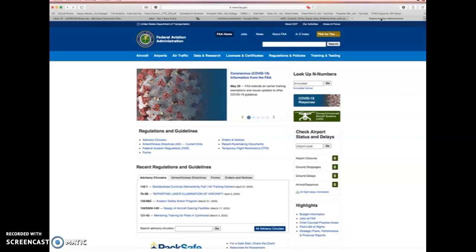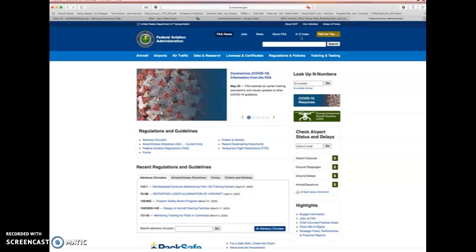Okay, if you started your research and you wanted to figure out who can perform maintenance and on what components you can perform maintenance, the best way to find that information is to go to the FAA website. It's faa.gov. If you navigate down to Federal Aviation Regulations, FARs, if you go into current Federal Aviation Regulations, and since we're speaking about maintenance, remember maintenance